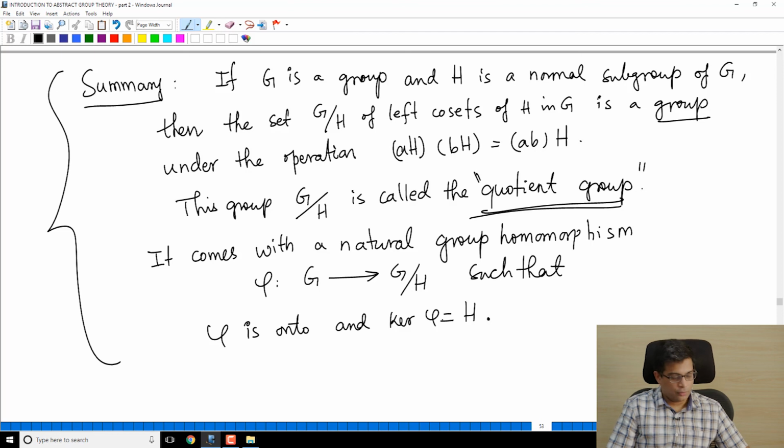So read this carefully. We can construct quotient groups whenever you have a group and a normal subgroup, and the underlying set for the quotient group is simply the left cosets of H in G. So I want you to think of quotient groups as something very easy, okay? It's not difficult at all, because you know what the set G mod H is. It is simply the set of left cosets. A group is a set with a binary operation, right? So you know the set here, which is G mod H. What is the operation? We need to give it an operation to make it a group.